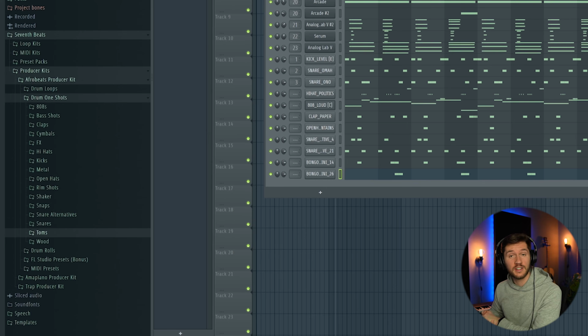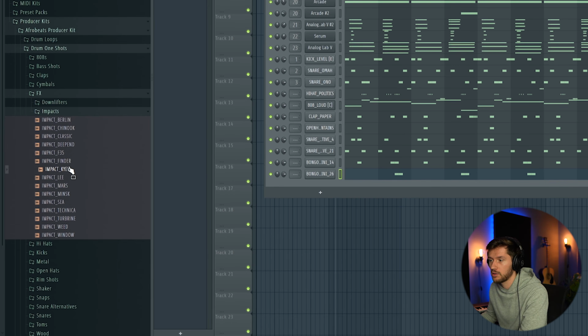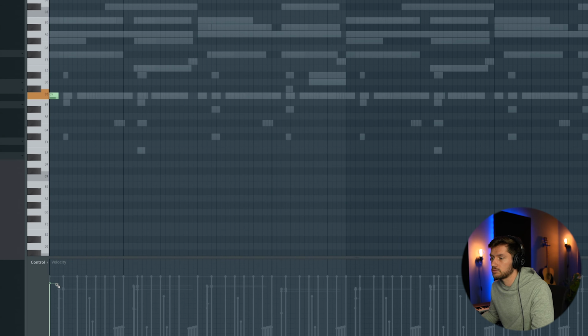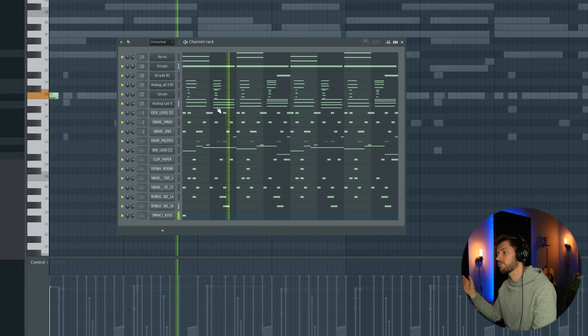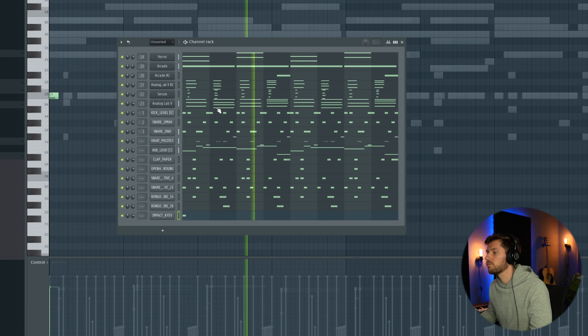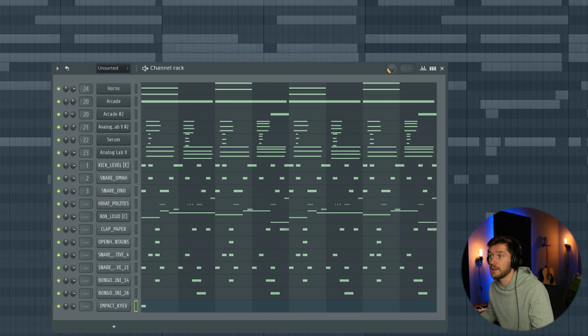And of course, it isn't an Afrobeat without using that impact clip. So I'm gonna select Effects, Impacts, and let's use this one. And of course, we're adding a little bit of swing, around 20%. So now I'm gonna apply a little bit of mixing and build the arrangement and guide you through the final